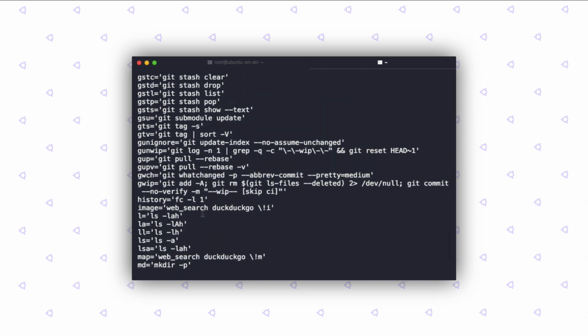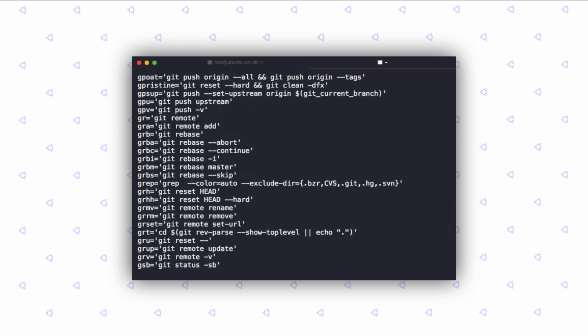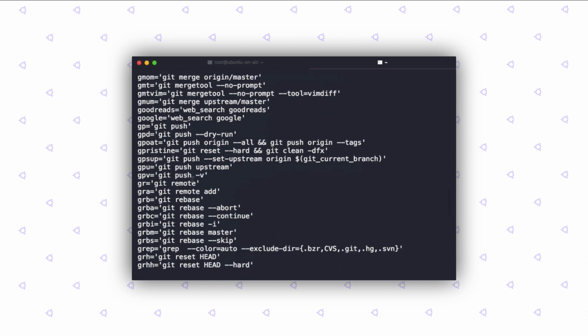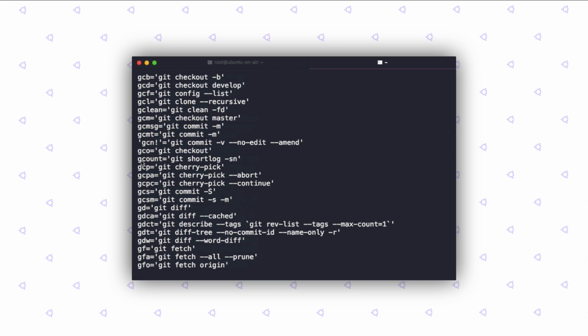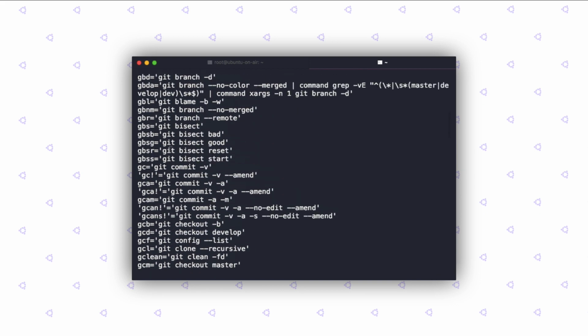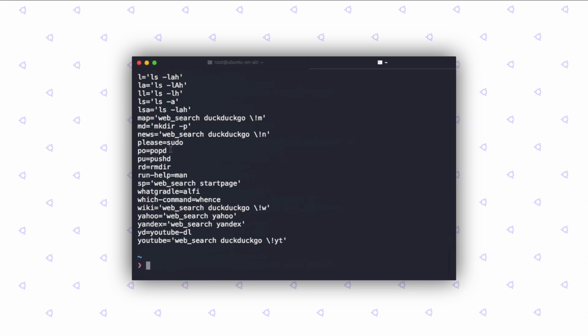If I go into my local machine and if I type in alias, you can see I have a lot of aliases defined, especially for Git, because that's something that I use on a daily basis. So you can see to rebase and abort, I have grba. To checkout, I use gco, and a whole bunch more right here. Cool. So definitely try this one out. If you find yourself repeating a command, it is going to end up saving a couple of hours at the very least in the long run.